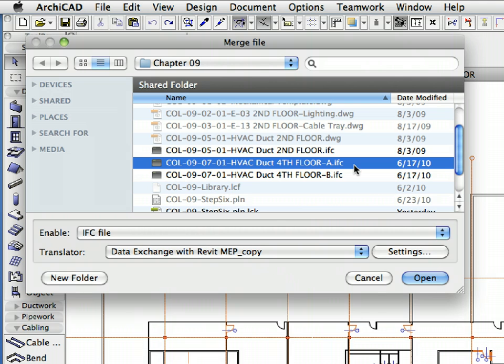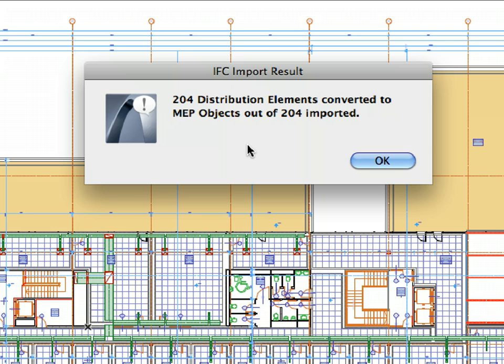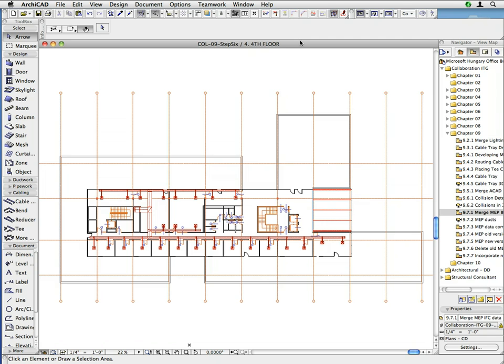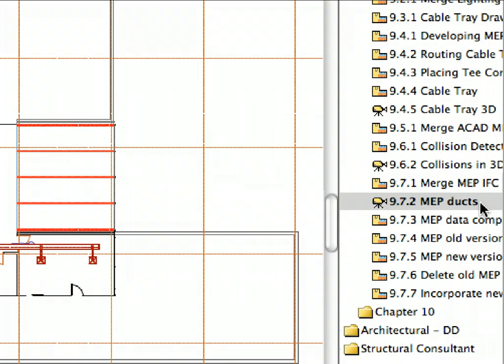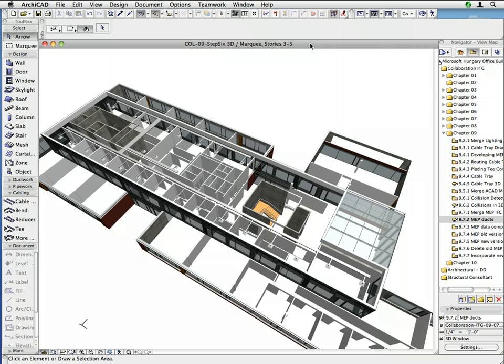Note that the newly created translator has been automatically selected. Click Open to proceed. ArchiCAD will open the IFC file. The IFC Import Result message dialog will be displayed about the results of the element conversion. Click OK to close this dialog. Activate the 9.7.2 MEP Ducts preset view to see how the imported MEP objects look in ArchiCAD in the 3D